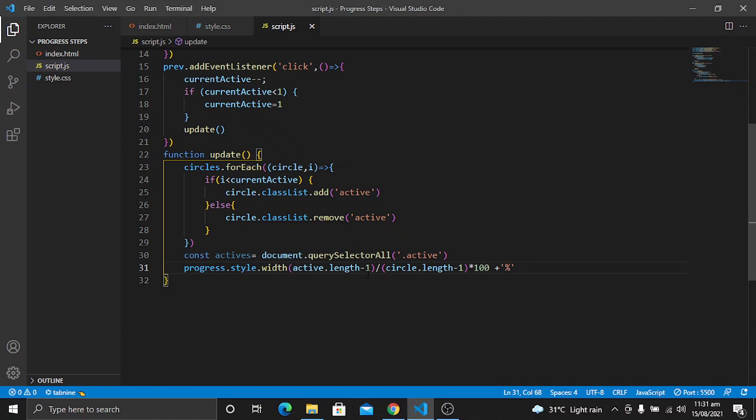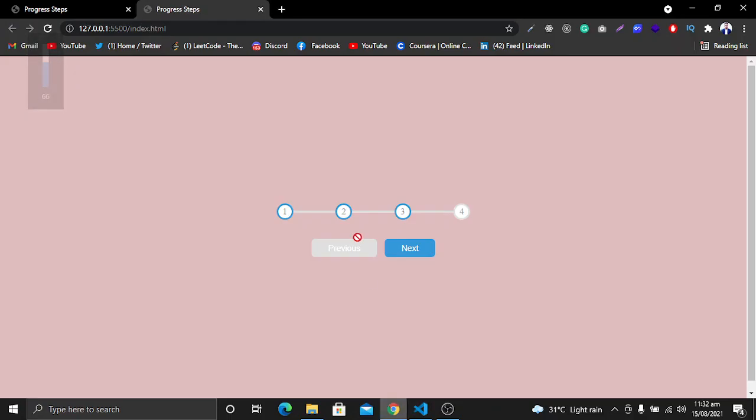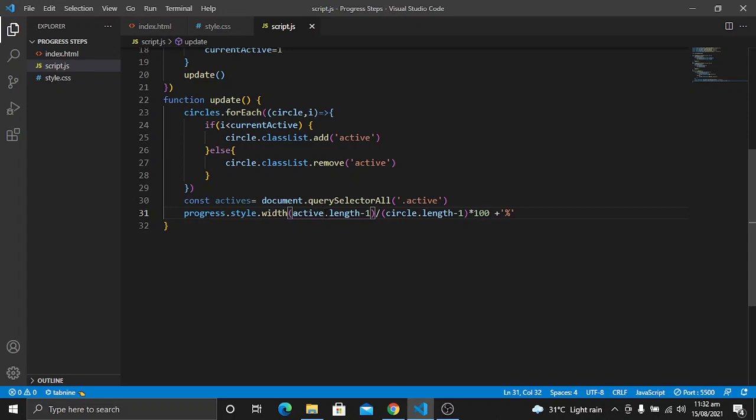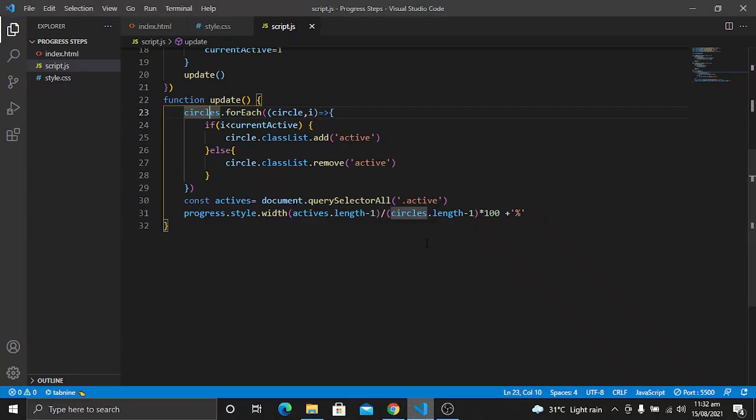So as you see it's not working right now. This is because we have made a spelling mistake. This is actives, and for circles this is circles because we have an array of circles. Let's save it and refresh the page, and our code is still not working.